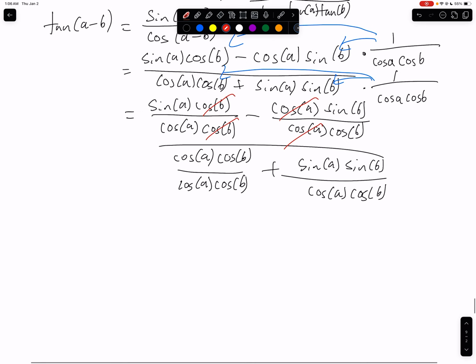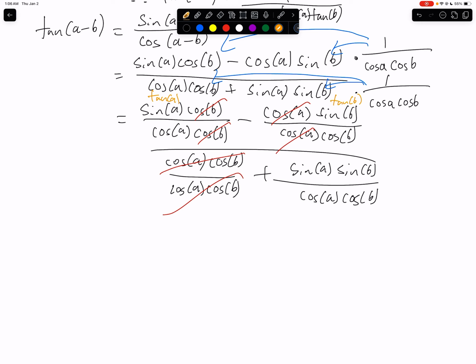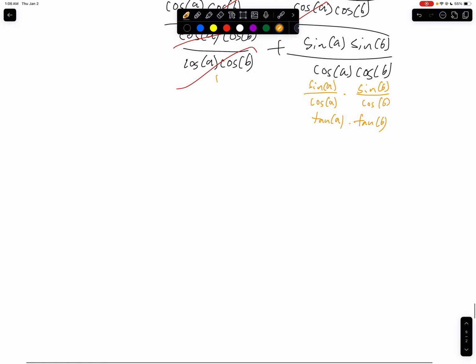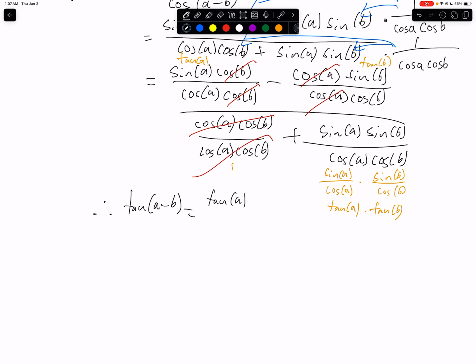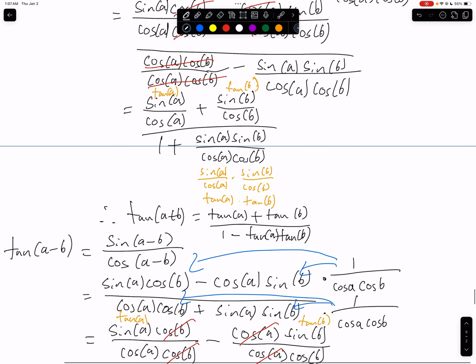So now, again, sine of A over cosine of A, this is tangent of A. This is, again, tangent of B. This is 1. And then this is, again, I'm going to rewrite it: sine of A over cosine of A times sine of B over cosine of B. So this will then be tangent of A times tangent of B. So we can say therefore tangent of A minus B equals tangent of A minus tangent of B over 1 plus tangent of A tangent of B. So yes, hopefully you notice it's just flip-flopping